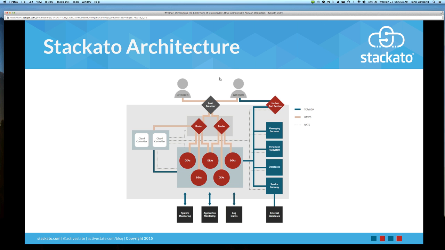Logging. It's very trivial to redirect all the logs for all the application instances out to an external logging provider, and a number of other things too. Also, we do provide a number of services, database services, messaging services. So we have RabbitMQ in here as well as Postgres, which is what prompted my question earlier. So this RabbitMQ and Postgres, as well as MongoDB, MySQL, Redis, and a few others, are meant for the application layer and used for applications themselves.